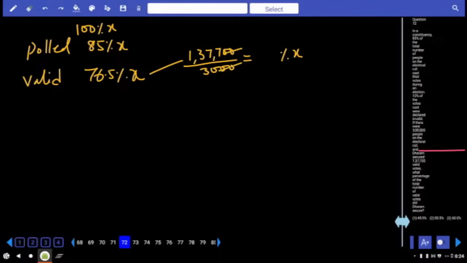2 zeros cancel. 3 10 times. 3 4 times. 12, 17, 3 5 times 15, 27, 9 times, divided by 10, that will be equal to 45.9. But this 45.9% is with respect to